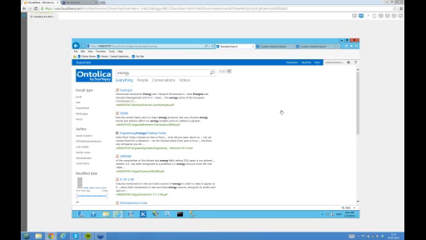Therefore, it doesn't personalize my search experience, nor does it remember what other search queries I had in the past. The new version of SharePoint, as you can see here, is very nice and simplistic in nature, and SharePoint have made it easier for administrators to set up these refiners on the left-hand side